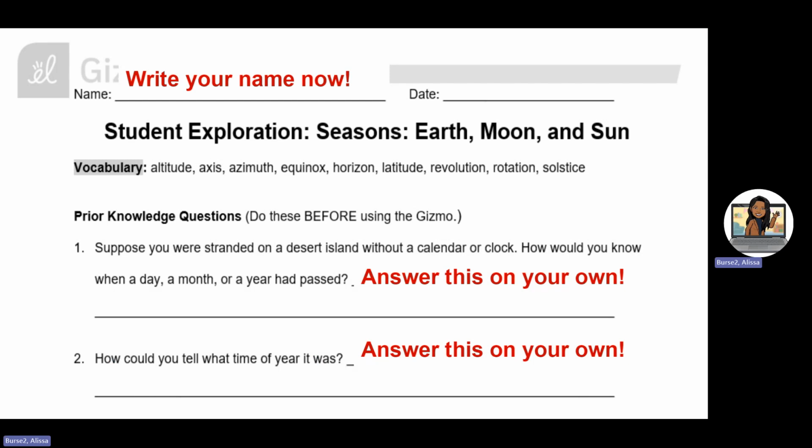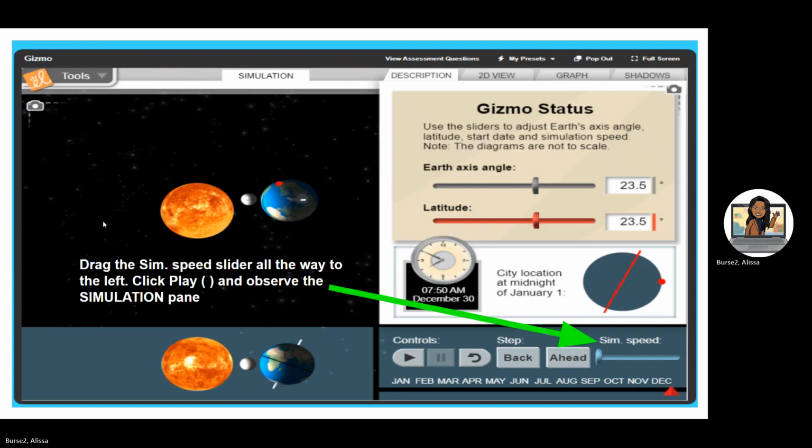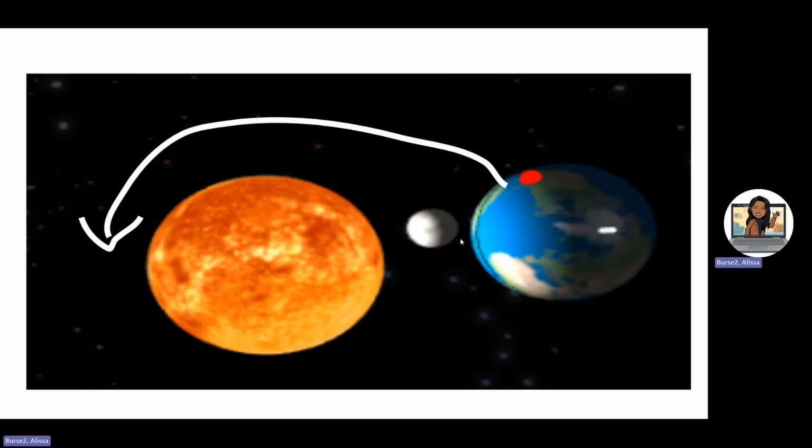So when it comes to your worksheet, I want you to answer the first two on your own, and then get ready to do the simulation. You're going to drag that little simulator and just make sure it's at the very far left. When it's at the very far left, I expect the speed to be slow enough for you to see what's going on. We're going to see the Earth travel around the sun counterclockwise while the moon travels around the